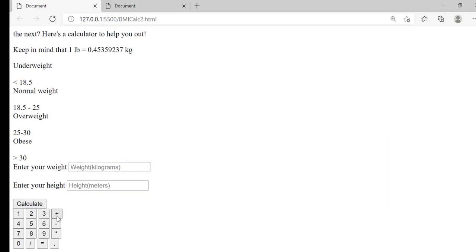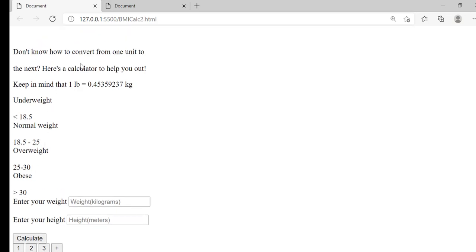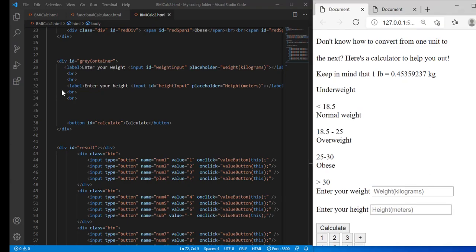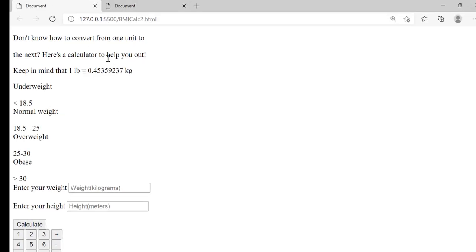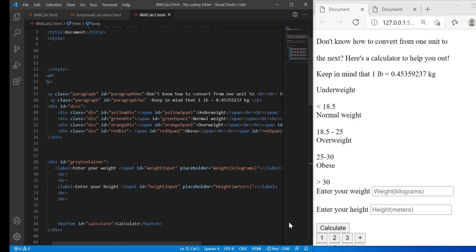We created a calculator, 2 input fields, and the 4 ranges and some extra information up here. So in this video, like I said, we'll be styling it, making it look more colorful and more centered, because right now it's sticking to the side. We want it to be centered. So how we do that is first